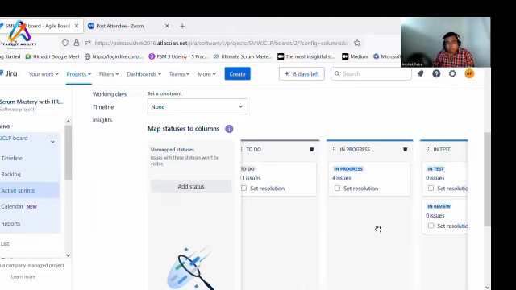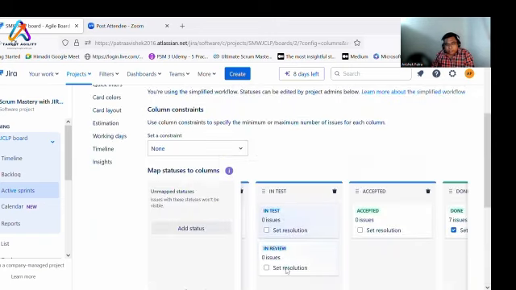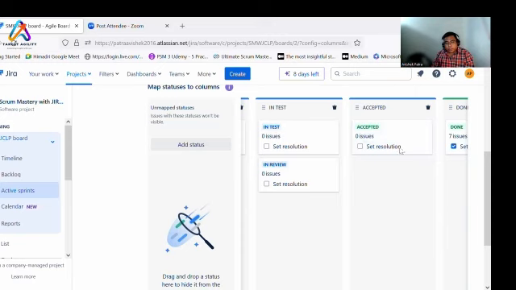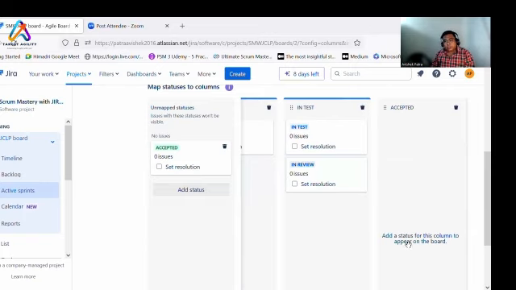And then if you go here, these are all called the statuses: in test, in review, accepted, right? Now if I move this one and put it here, any ticket in the accepted column will not show up on the board. Add a status for this column to appear on the board.